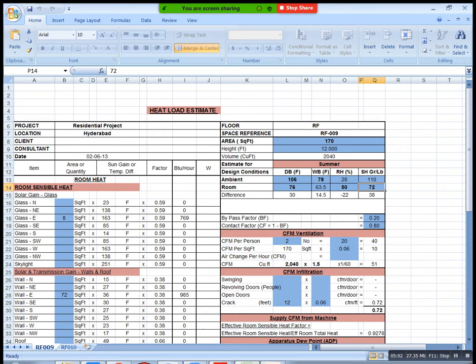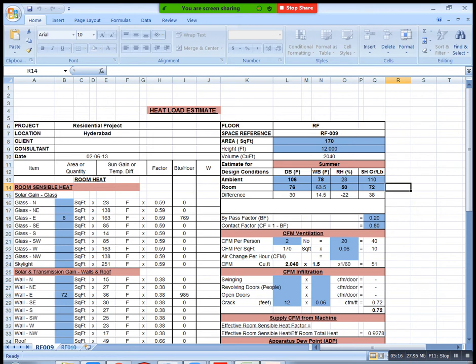Now we completed up to here. Here you are getting temperature difference and relative humidity difference, humidity ratio difference. Okay, when you are calculating heat load, we need to know about two things. Heat load calculation condition, mainly we need to calculate two.